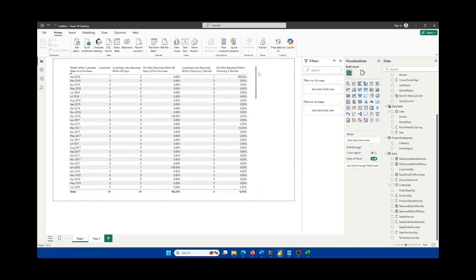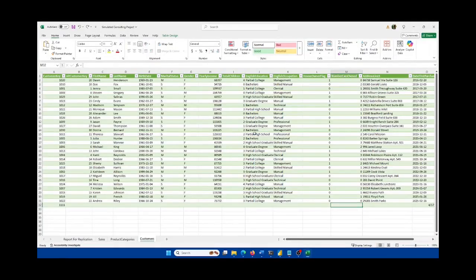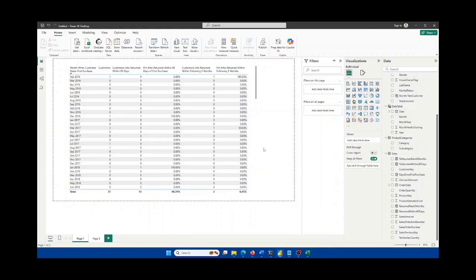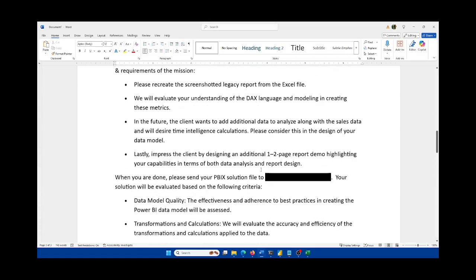I'll also get rid of the total so we don't see the aggregates here at the end. And most importantly, I'll replace the data with the actual data so that they can see the expected metrics here. And they also asked me, if you remember, they asked me for